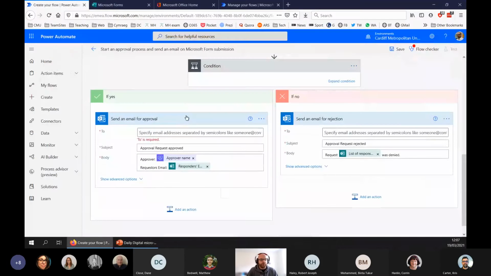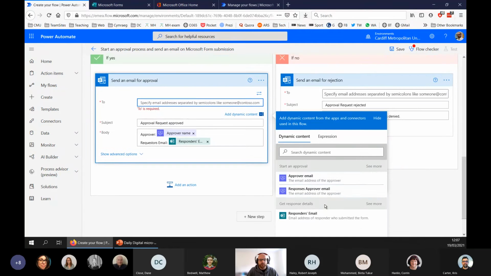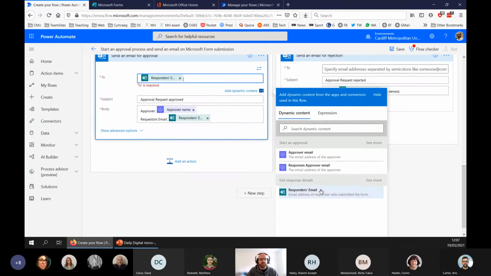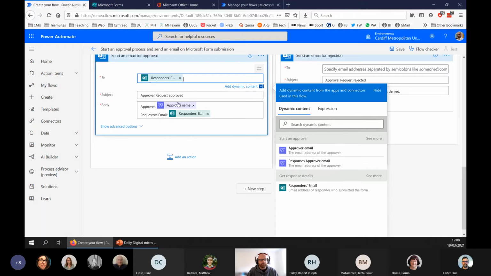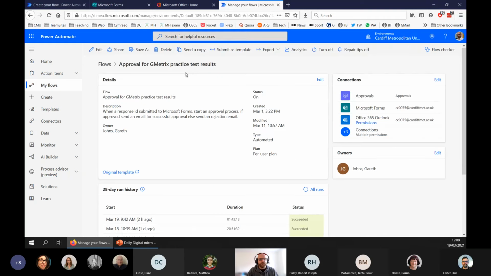If they approve the request, it will send an email, and you can again specify using dynamic content who this email should go to. So I'm going to send it to the person who submitted the form, and I could add extra detail there. If they reject the request, a different email is sent. So if I show you the actual flow,